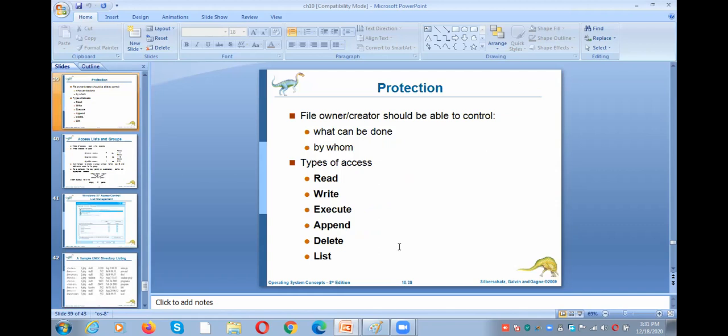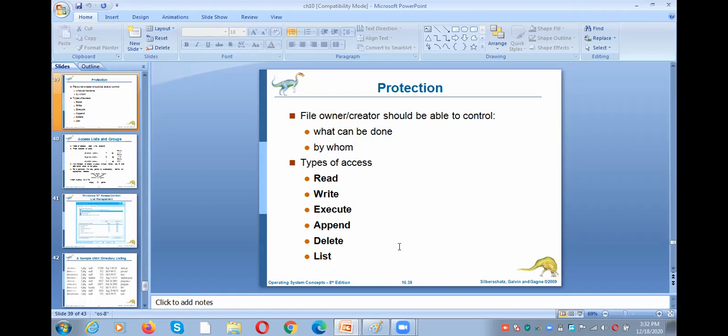And the next, coming to file protection. Each and every file has an owner. There are three types of users. One is the owner of the file or creator of the file, the second one is the group of the file, and the third one is others. Three types of users: owner or user, group, and other. For them we need to